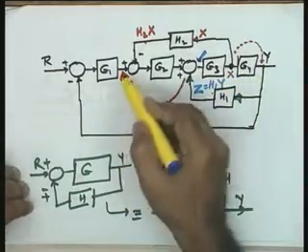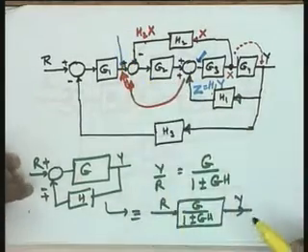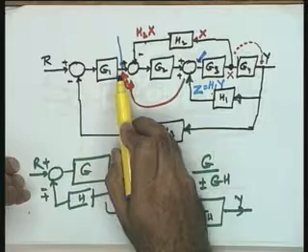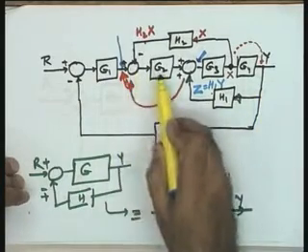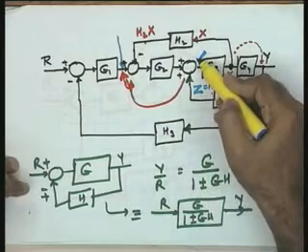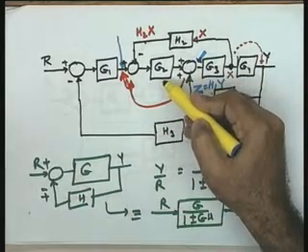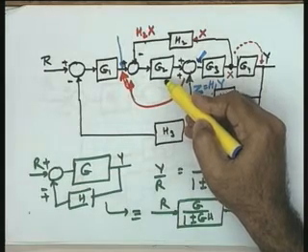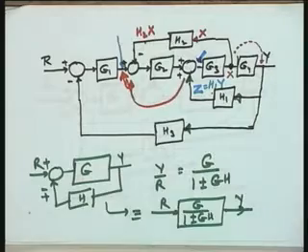Come on, help me please. If I place this summing junction here, I will make a neat diagram later. If I place a summing junction here, what is happening? Y into this block into G2 is going on and reaching this point. Is it all right? So, it means additional gain of G2 is coming. So, if you take care of this gain, so that the signal at this point is H1 into Y, well, then the manipulation is valid. So, what should I do for that? Yes, in the feedback path, let me divide it by H2.